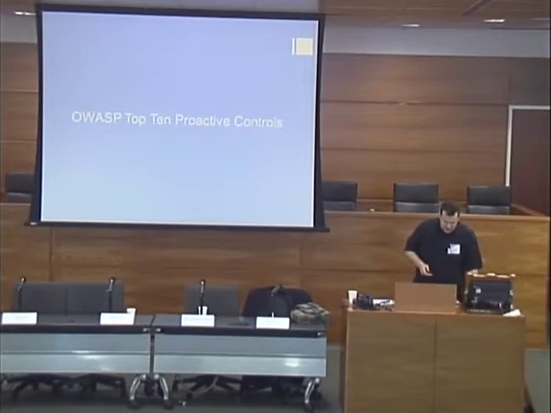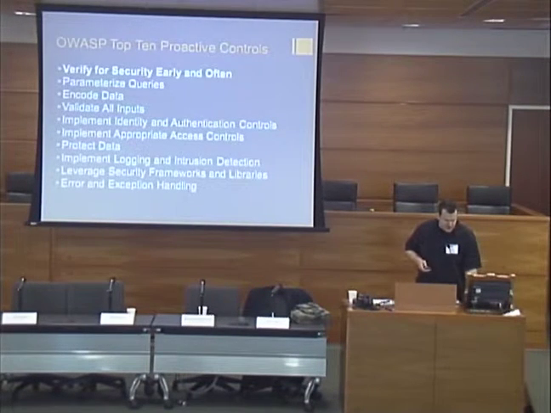So how do the proactive controls work? These are all the controls. We don't have enough time to talk about all of them, but I will gloss over them. The most important one is the first one, and that's verify early for security, and you do it often. So the theme here is you integrate unit tests and design considerations in your agile processes and sprints, and then you add tests for found problems in your code base so that they don't recur again.